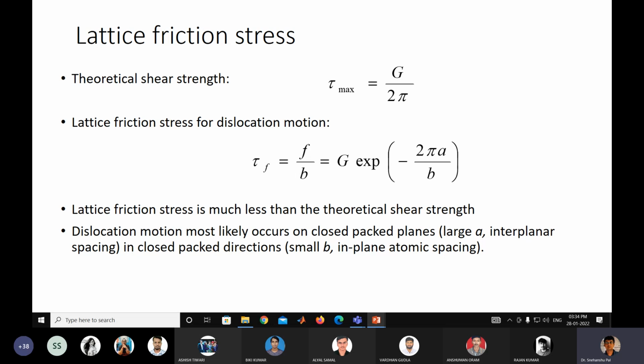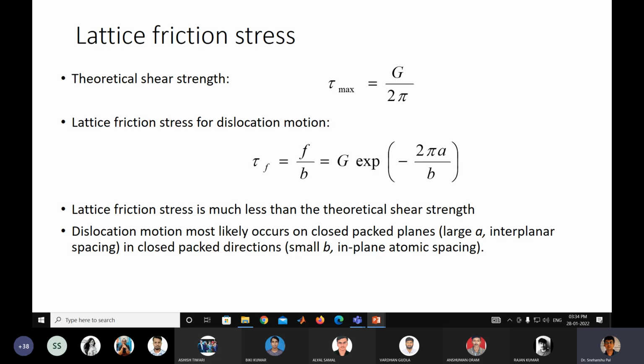There, if you put force, then you can get the chances of disruption or deformation of that particular. Same way in crystalline material, when two planes are far away, then that plane moves through that plane. If you want to move the dislocation, that will be easier, and that must be a closed packed plane, because when there is a closed packed plane, then the interplanar spacing is large, and if you go for closed packed direction,